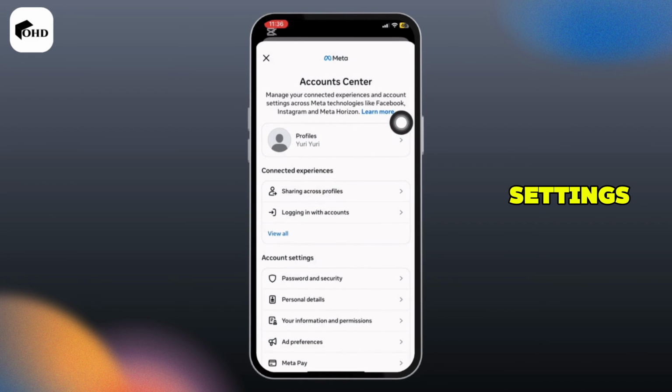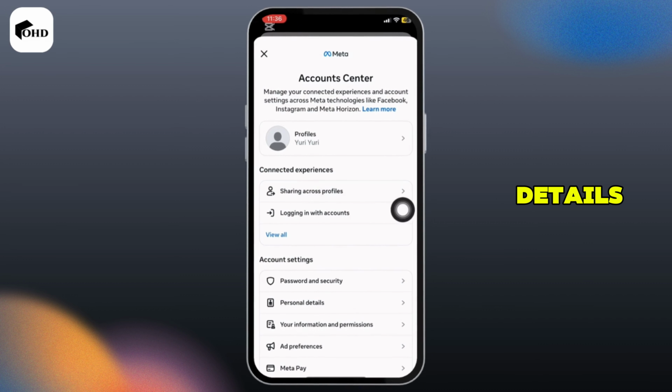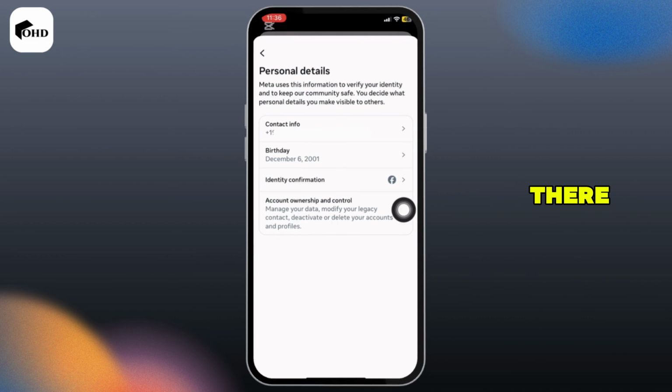Inside Account Settings, you need to move into Personal Details. And there you go. Now you will be able to see your phone number that you have added on Facebook. So this is simply how you can view your phone